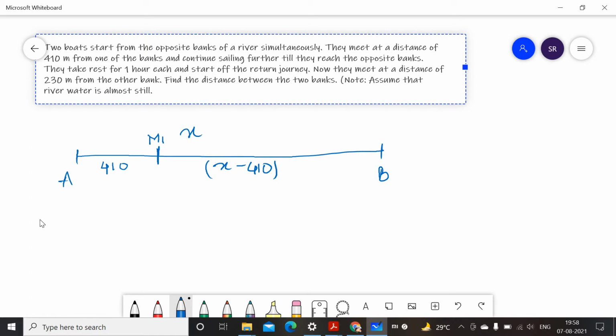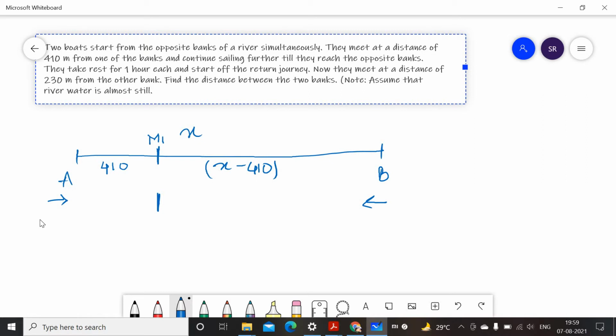Now they are saying that okay, let me explain. This was A and this was B. A started and went and went and went, and when A was here, B also started at the same time, and B also moved and moved and moved, and when B reached here, A reached here, right? They two meet at this point.